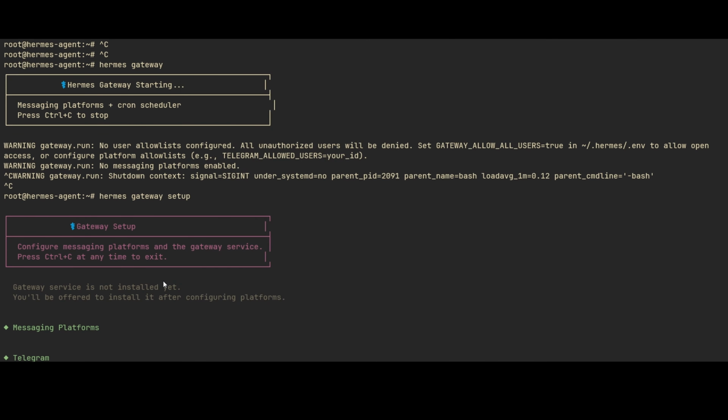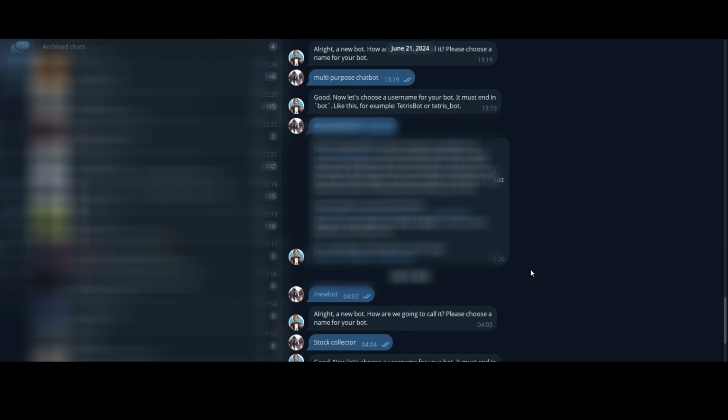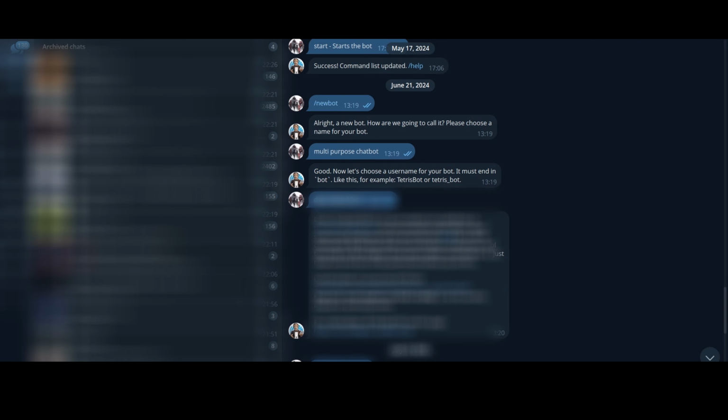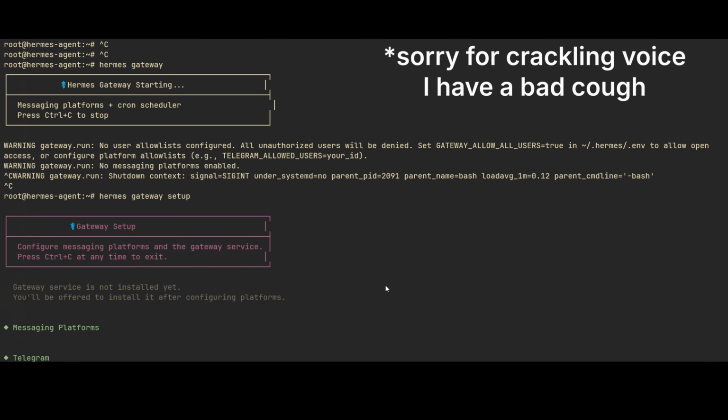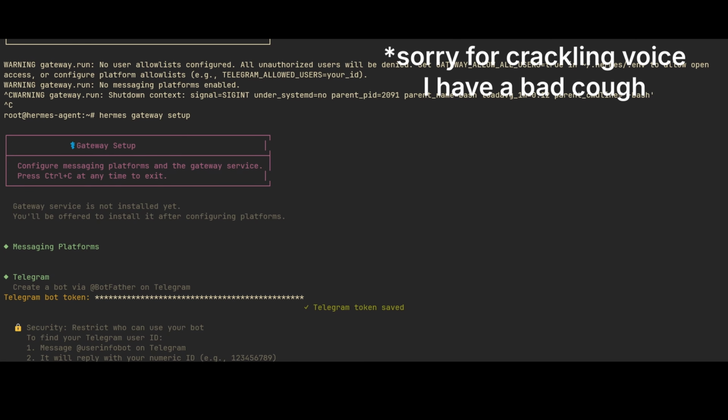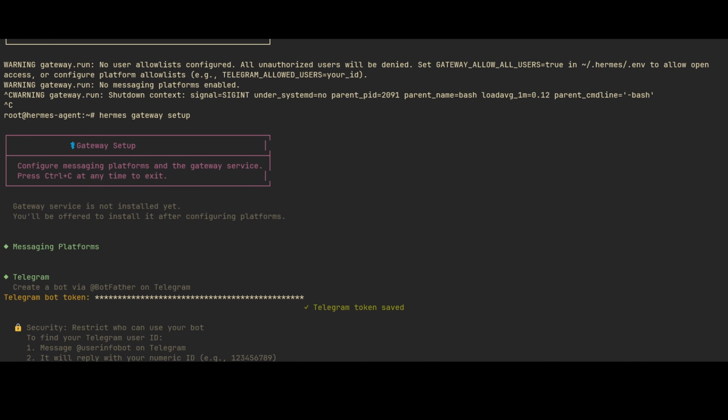So let's open Telegram. In here, we are going to search for BotFather. Now, in BotFather, you are going to type slash newbot. You can also click on the open button, and it will help you create the new bot. You just need a new bot, the bot's username, and then the bot's name. So, after doing all that, you can click on the bot token ID, and you can just paste it in